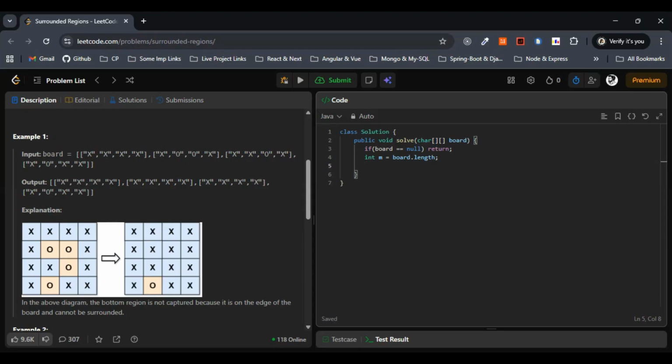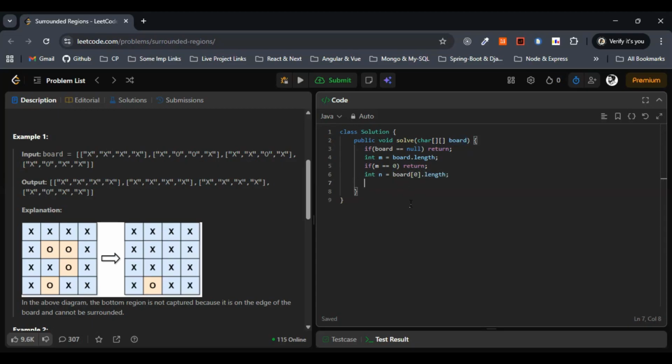This is related to when m equals 0. So when m equals 0, we have nothing to do, so we have to exit. Let me give return here. Now let's consider the number of columns, so n equals, let me copy and paste it over here, length of the